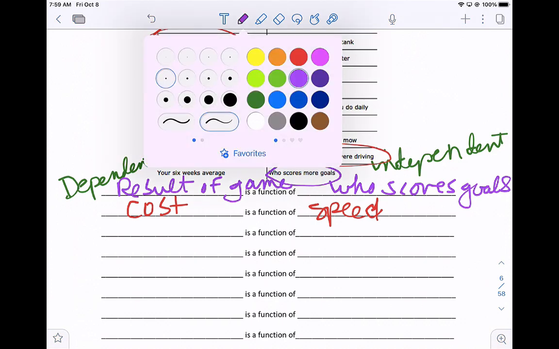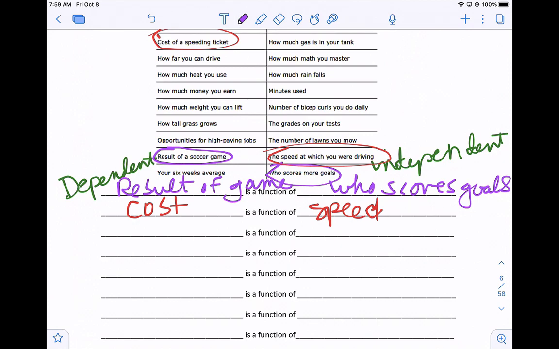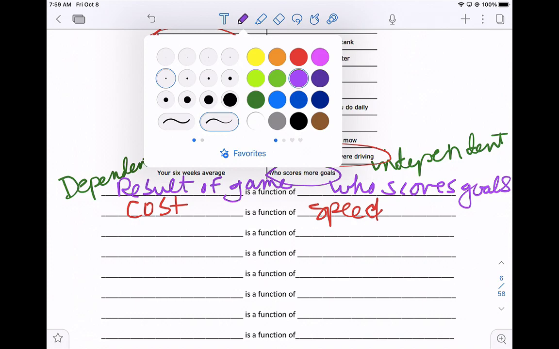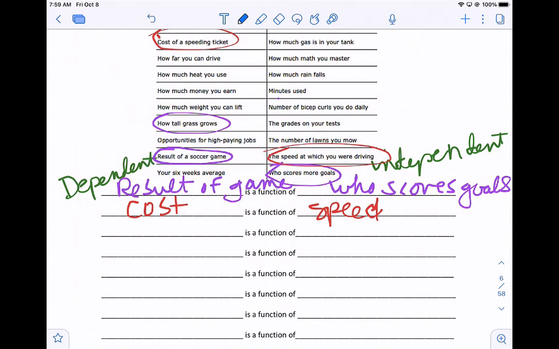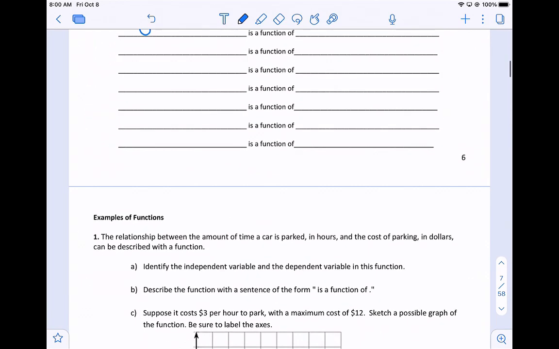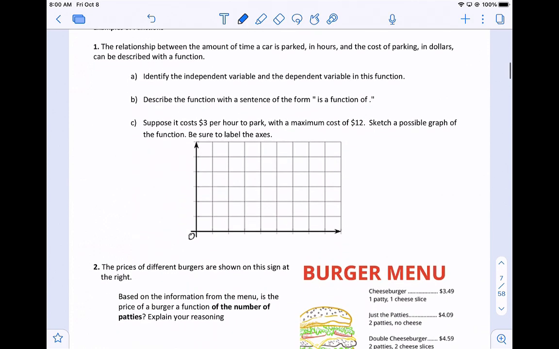Okay, let's do another one. How about how tall the grass grows? Ooh, I used a different color. Let's use blue. How tall the grass grows is going to depend on what? How much rain falls. So we say that the grass height is a function of the rain. Rain is the independent variable, and grass is going to depend on the rain. So in class, we'll be filling this out, and then we'll be taking a look at some more examples of